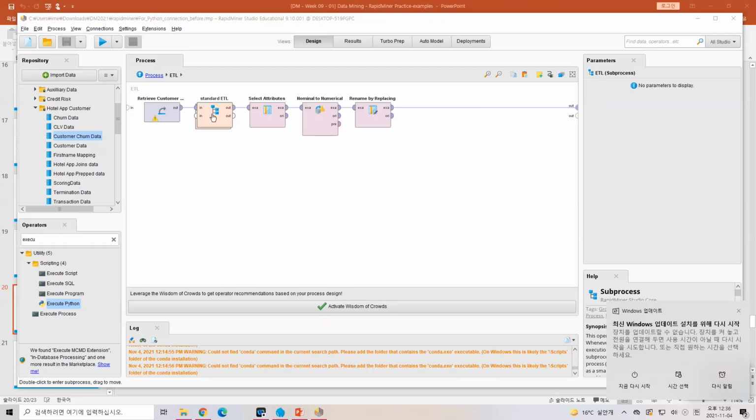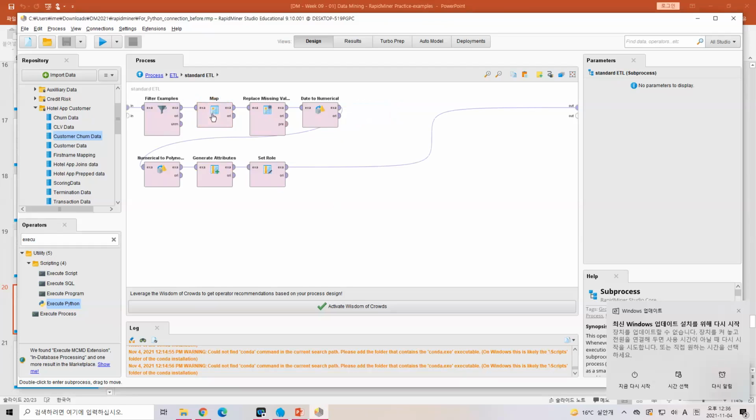So as I mentioned to you, this standard ETL contains several steps to modify the data, to change the data before you do the analysis. So you can check this following process to change the data. And after we finish with this standard ETL,